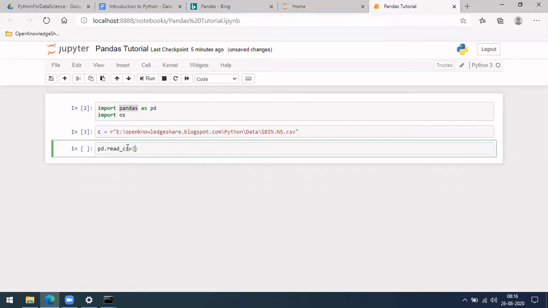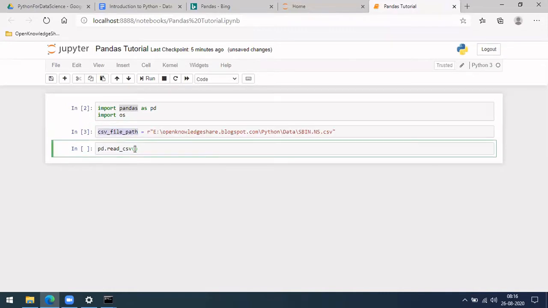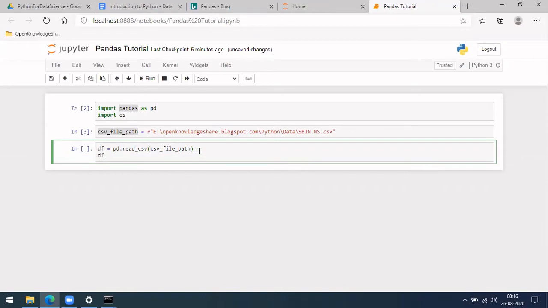This is the way to read a CSV. So pd.read_csv, if you directly give the path, the content inside the CSV will be read and saved. So let me save it in df. What df means is, I denoted it with df because whatever pandas reads, it will store in a kind of data frame. So I'll show you what a data frame actually is. Let me also print df.